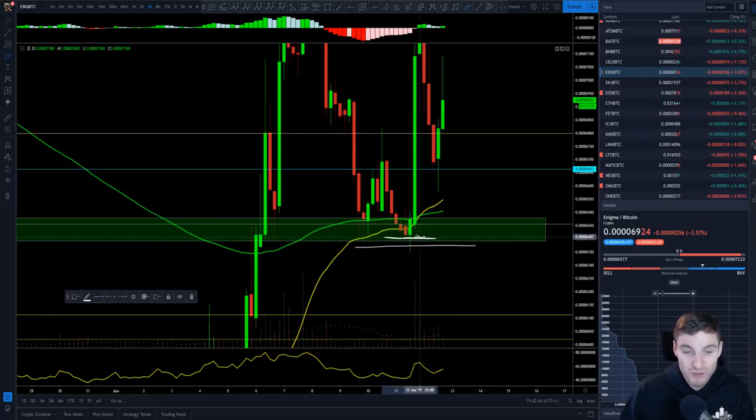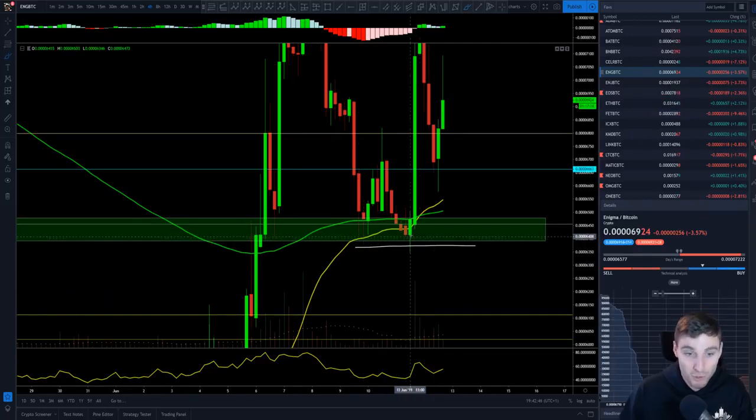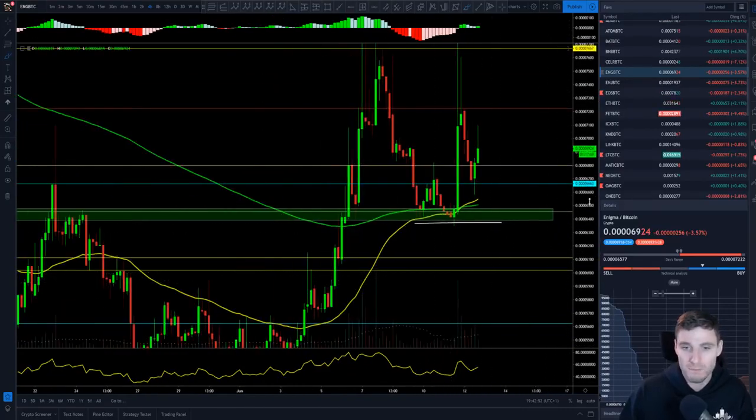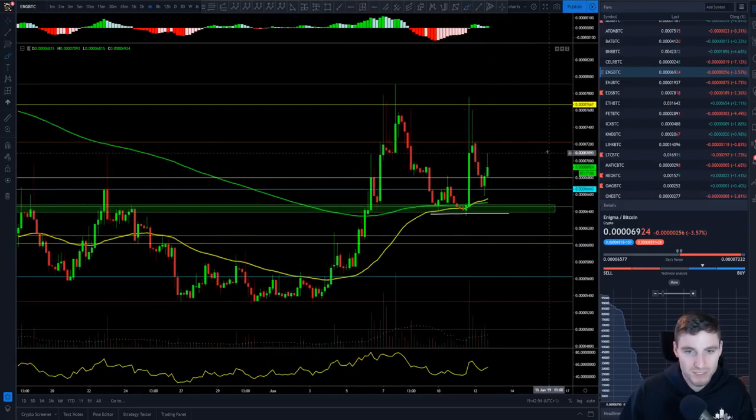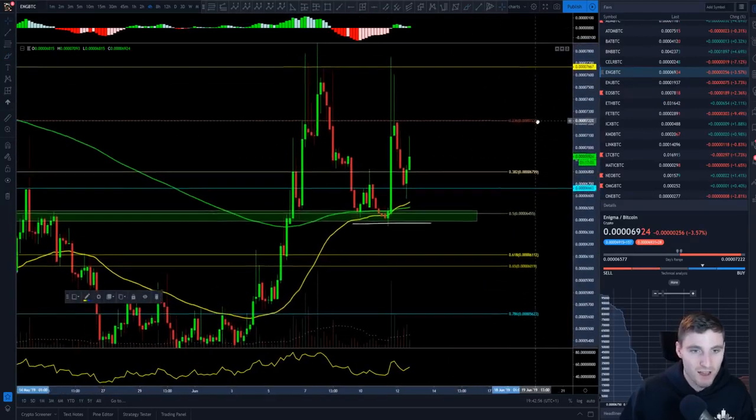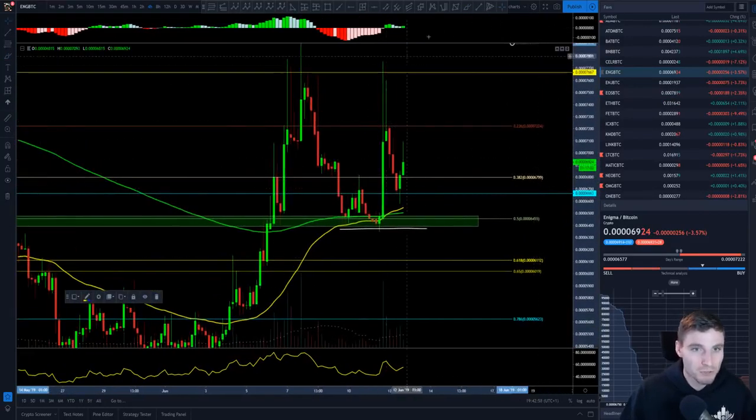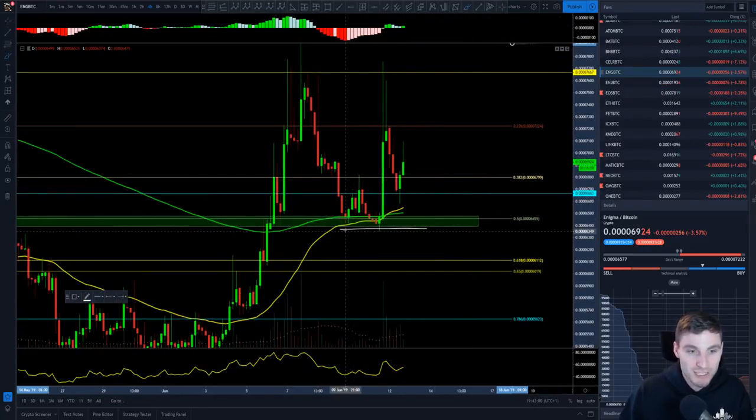So you wick down through this support and you close back above it. Okay, so swing failure pattern, and that's a very bullish sign, basically. Very, very bullish sign, a swing failure pattern right there. Combined with all those supports, it's such a nice buy, really is. And what I wanted to also show you on this chart is